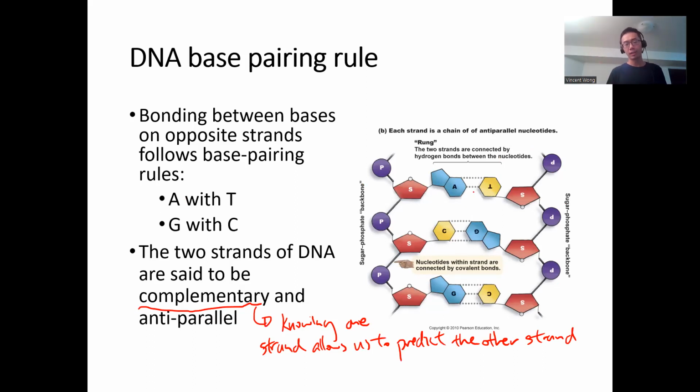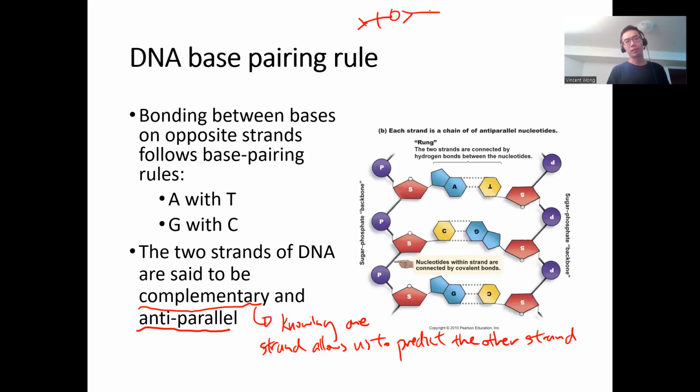remember from this picture. Number 1, do you see that the strands are upside down compared to each other? This property is called anti-parallel. The best way to visualize this is like this. Think of a bunch of people